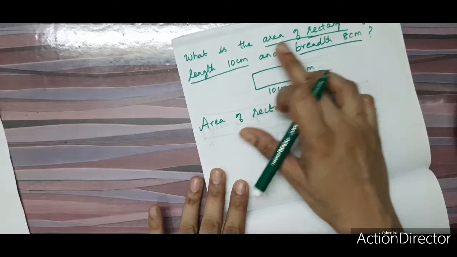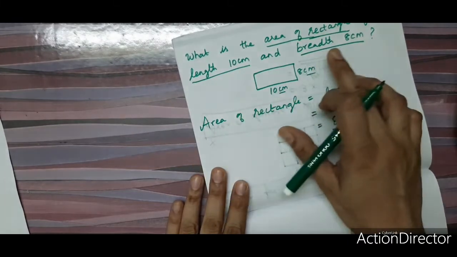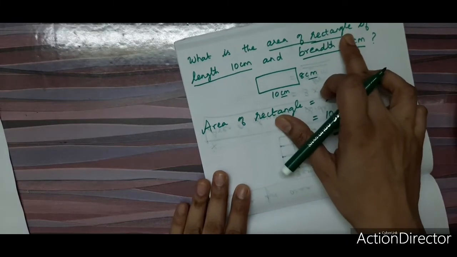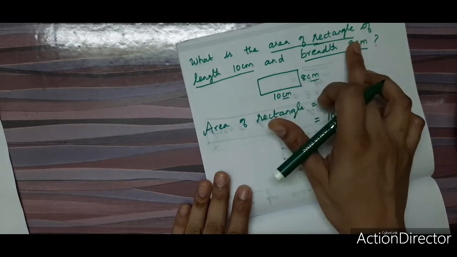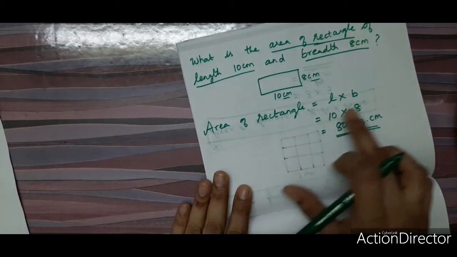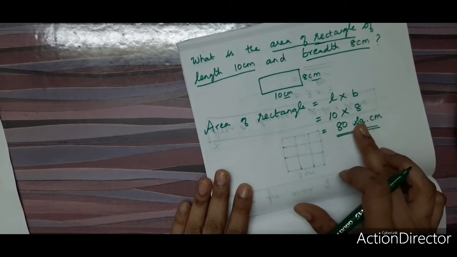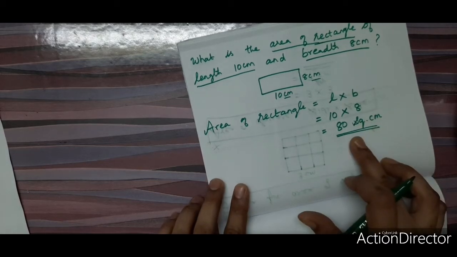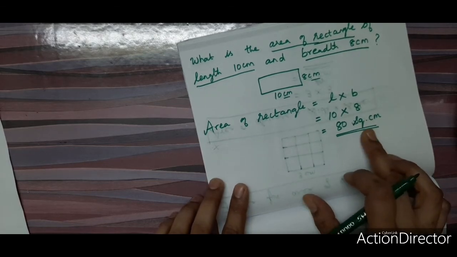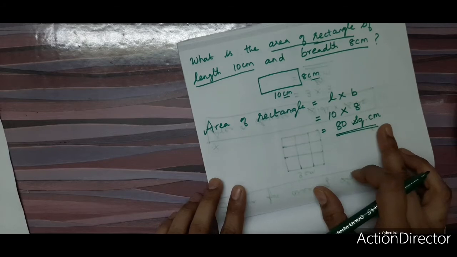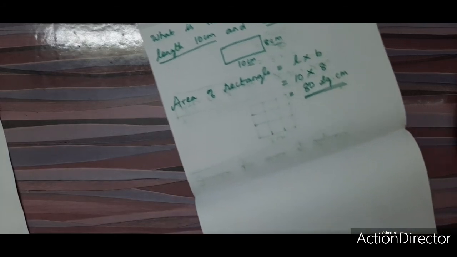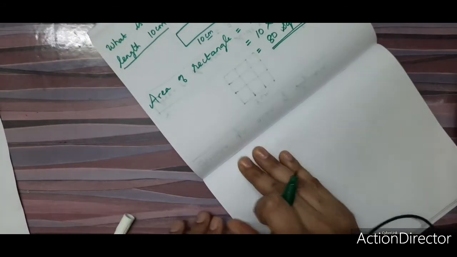So they have given the value for length and breadth for a rectangle. They have asked us to find the area of the rectangle. So the area of a rectangle formula is length into breadth. We simply multiply length and breadth and we arrive at an answer. For the answer we are going to write square centimeter. Next, one more sum we shall see.